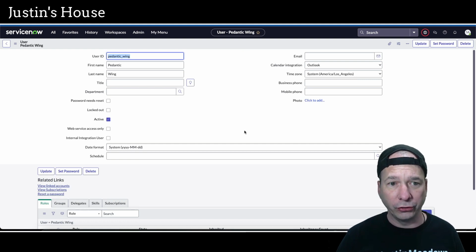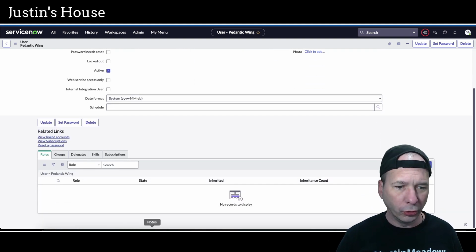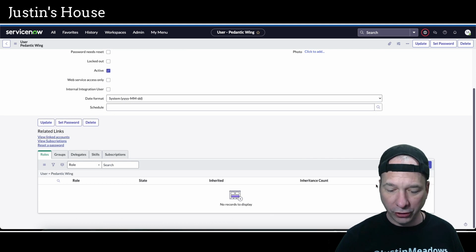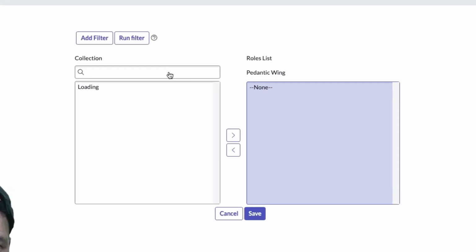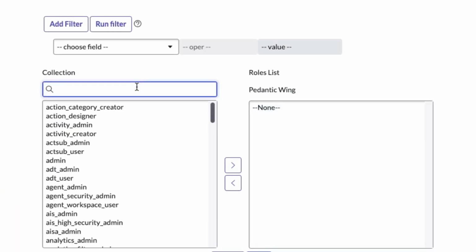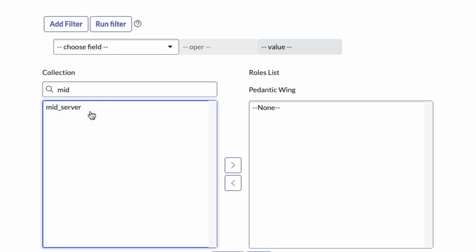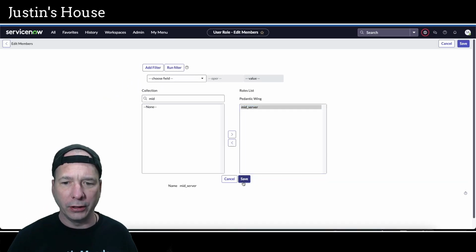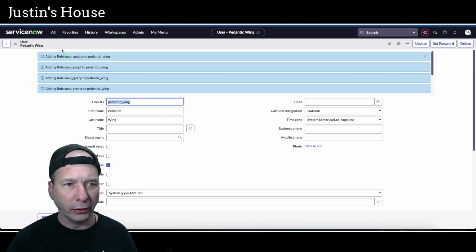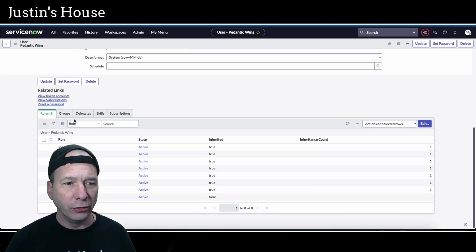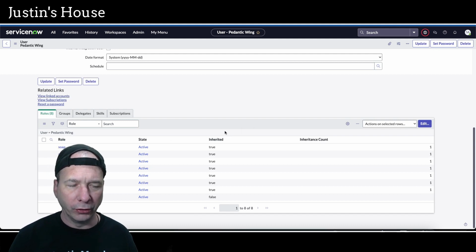role for mid server. So I'm going to scroll down to roles there, and it's just behind my head. There is an edit button right there, so I'm just going to click edit, and we should be able to add the role that I need for mid server. MID, there it is, mid server, save. Okay, and then that adds some other roles automatically. So you can see the SOAP, update, script, query, create, in addition to the mid server role. Actually, there's a lot more there. There's 8 new roles I got from assigning the mid server role, but that's all I need to do